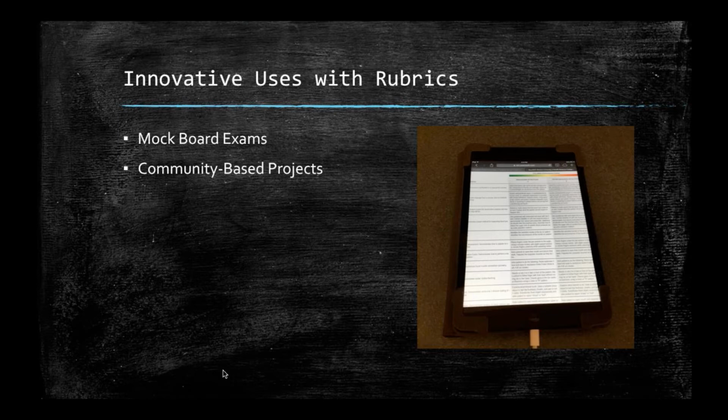And so it's just very clean and very easy to use, and this is why most of our faculty actually use the iPads in the clinic. We used our rubrics to grade our mock board exams during the beta testing phase for Examsoft, at a time when multiple graders did not exist, because it was our very first venture